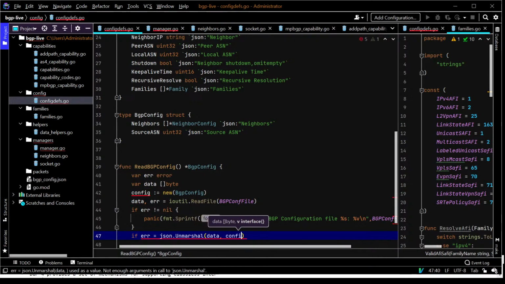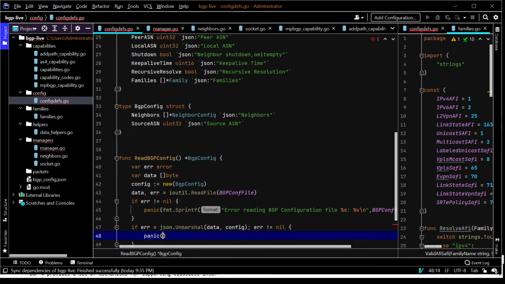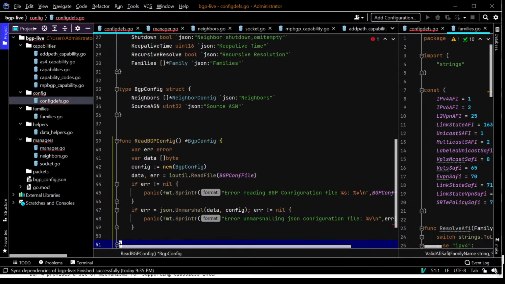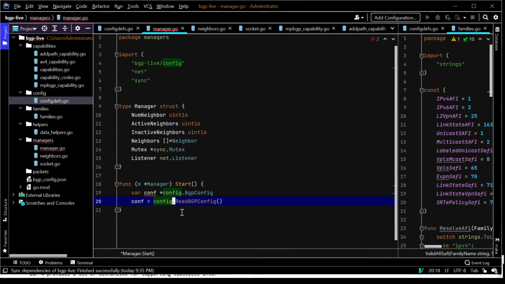And the same thing effectively when I unmarshal the JSON here. If I can't get past this point, I'm going to panic because I can't do anything without a config file. And just panic. So if that all works, I can then return the config. And so when I start my manager, the first thing I'm going to do here, read my configuration file, and then I'm going to do something to the effect of,